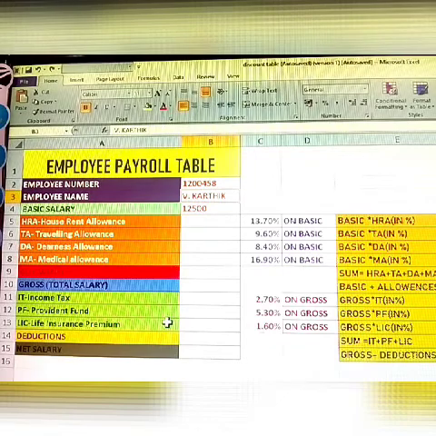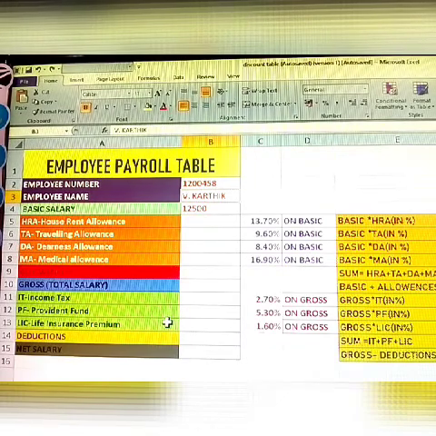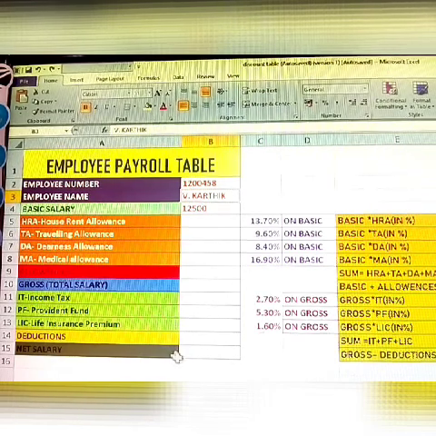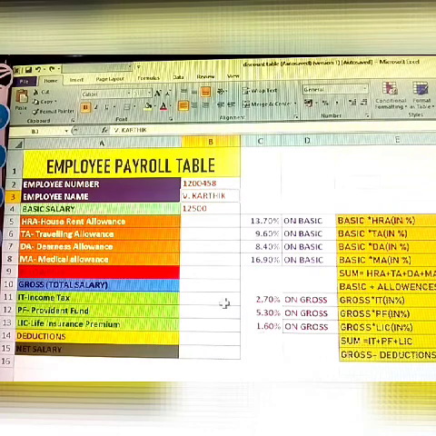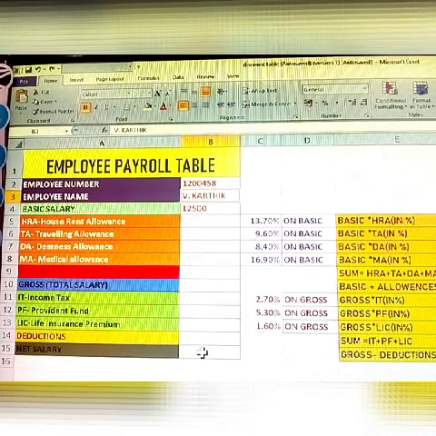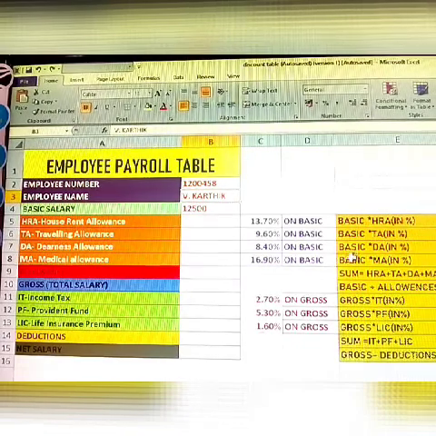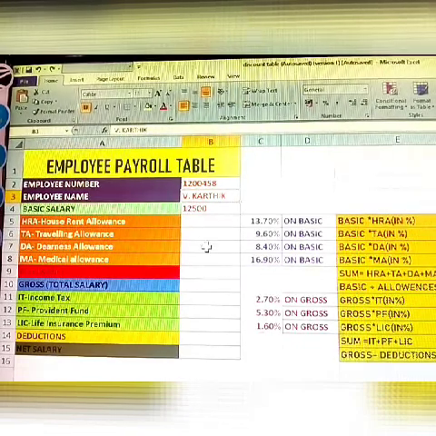These are all deductions. Deductions means the salary is reduced, not taken now but in the future. The complete salary after this is called the net salary. Okay, understood? These are all the formulas for how to calculate the salary.